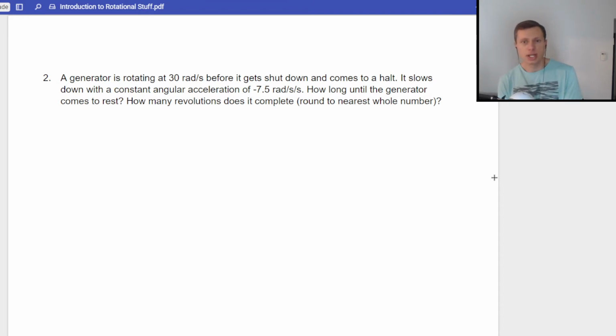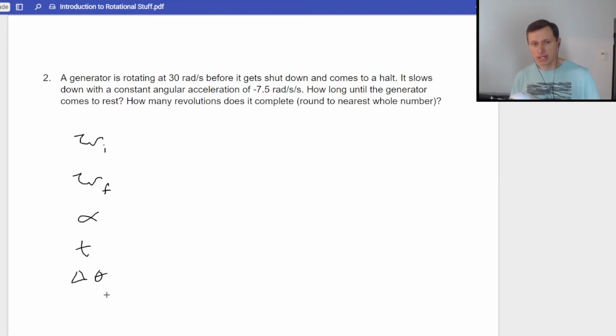So then the question, how long until the generator comes to rest? And then the other part, how many revolutions does it complete? This time we can round to the nearest whole number. So it's going to be a very similar problem from before. I'm going to first write down my omega initial, omega final, alpha, time, and delta theta, and ask myself what